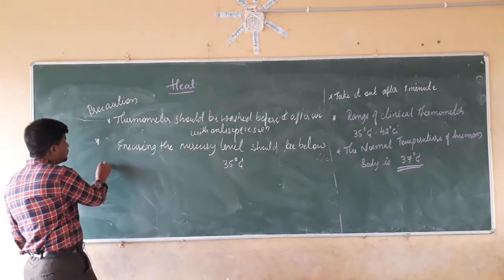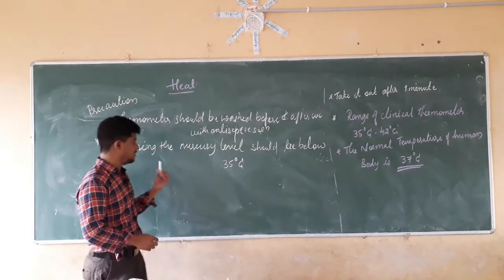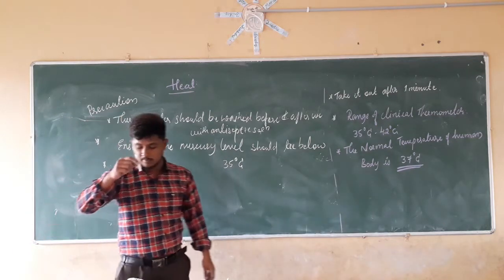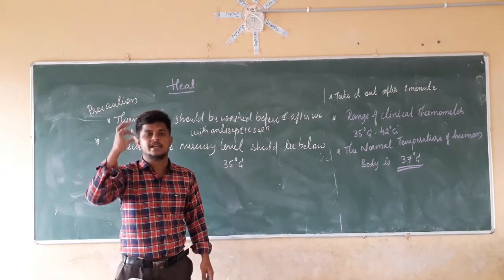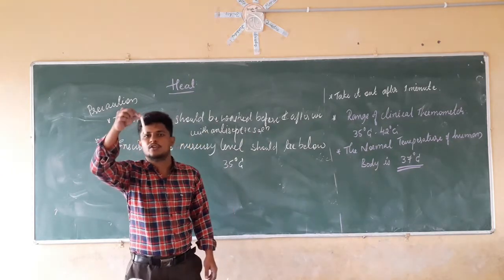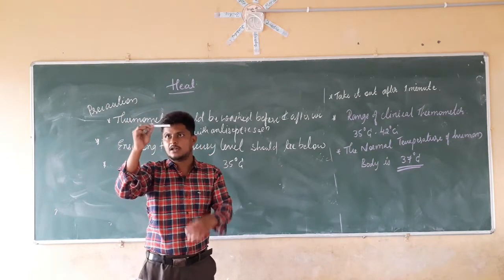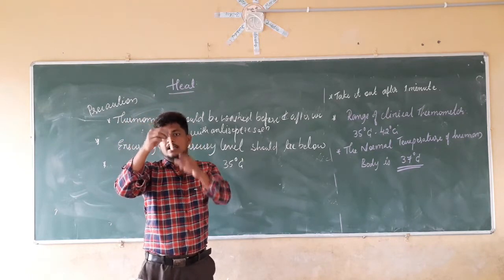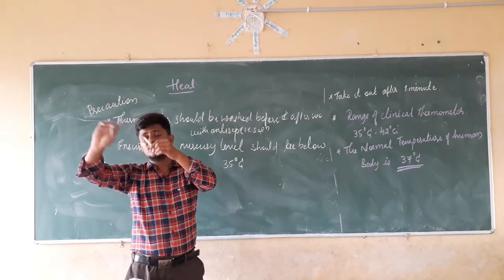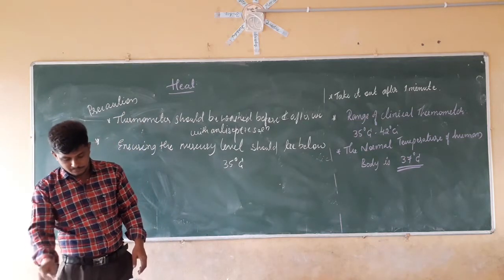Now what do I have to do? The third thing, I am not going to write it, it is an easy one. Read the thermometer keeping the level of mercury along the line of sight. Right? While reading the mercury level, we should have a line of sight. It should be in line with our sight, like this or like this. We can clearly see the line of the mercury level. Therefore, it should be in our line of sight.